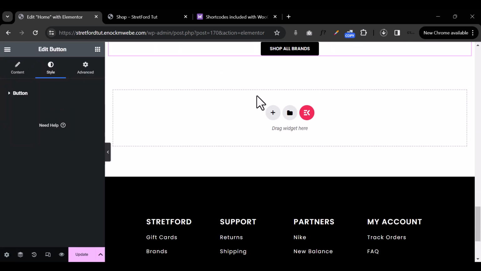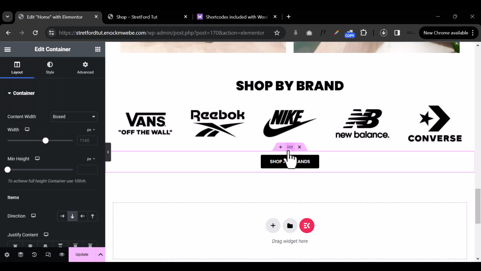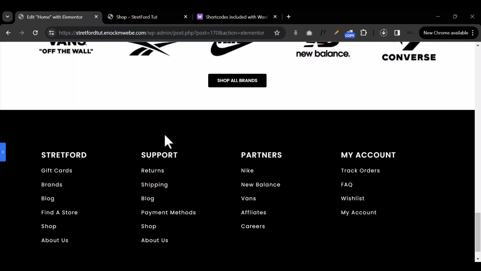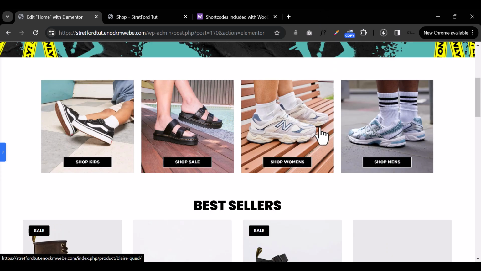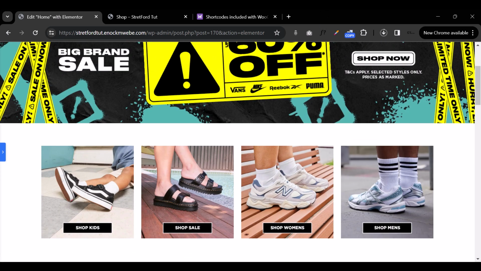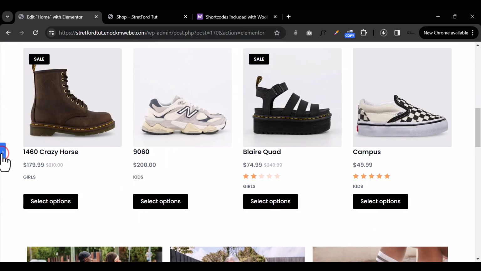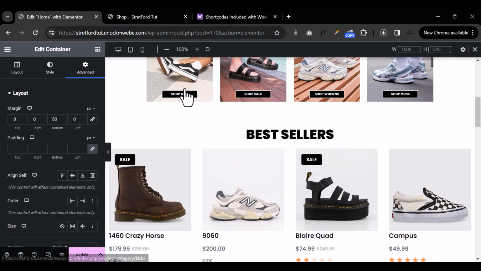But let's add some spacing to the bottom. So I'm gonna click on this section right here, come to advanced, remove the linkage, then maybe make it 50 pixels to the bottom. Okay, so now this is how everything is looking on our new WooCommerce web homepage. Okay, so now if you were to take a look specifically at the mobile version, how everything is looking,